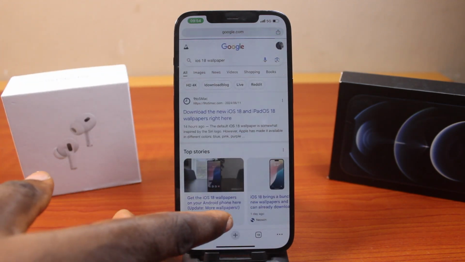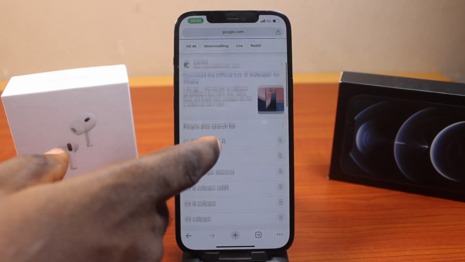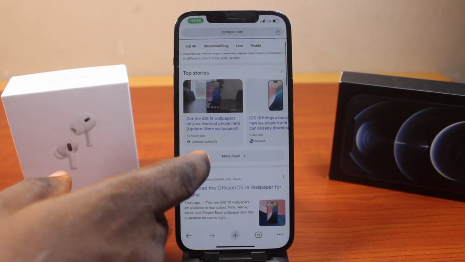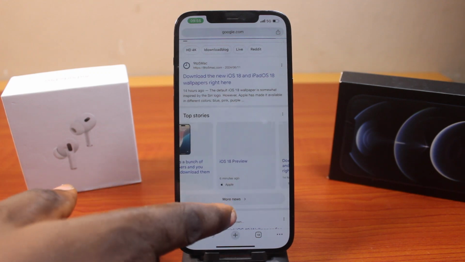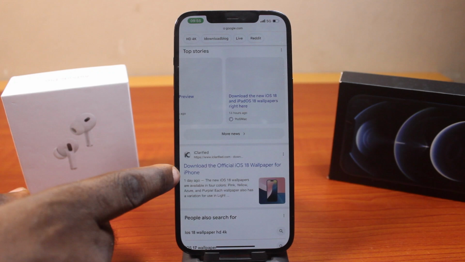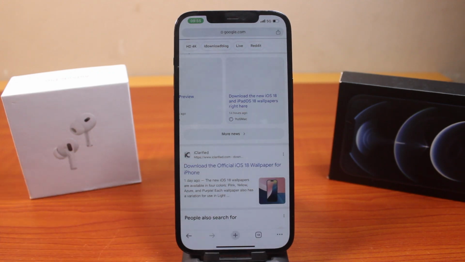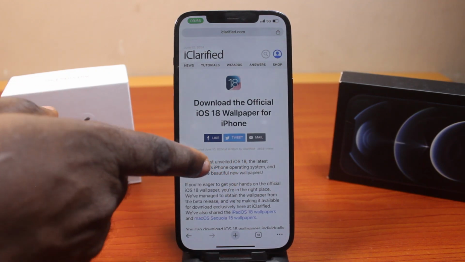Then once you click on that, you should see different videos on the iOS 18 wallpaper that you can download. So here you need to make sure you follow a trusted web page. So let's say you want to download this from this particular website. Download the official iOS 18 wallpaper for iPhone. Click on that. Then you need to hang on for a couple of seconds for this web page to load. Now, once on this web page, where you can see download the official iOS 18 wallpaper for your iPhone, just